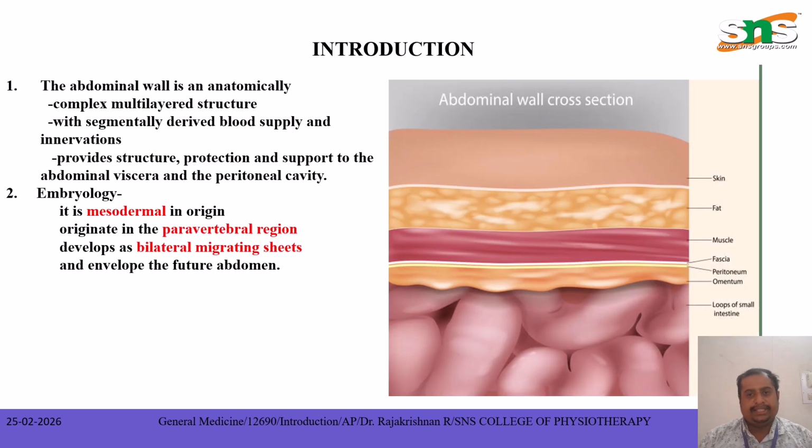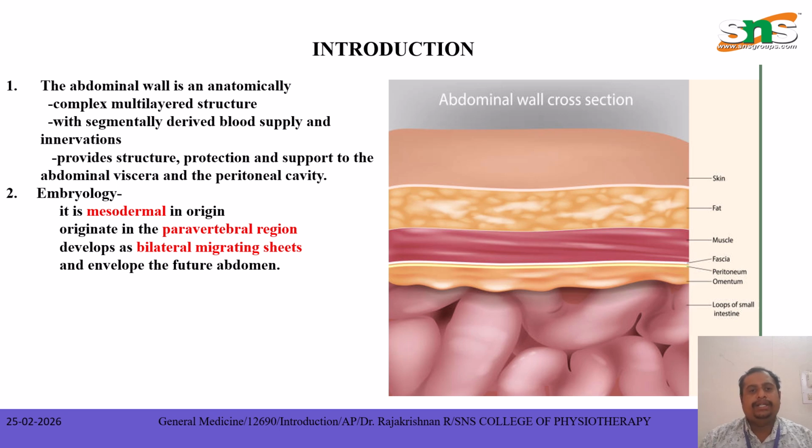The abdominal wall is the layers of muscles and some sheaths and some organs and the cavity inside the peritoneum. These are the structures in the abdomen. It is a complex multi-layered structure. One by one, all the things are going to be cut and we are going to see what all the structures inside are. First, anatomically, the abdominal wall is, as we said, a complex multi-layered